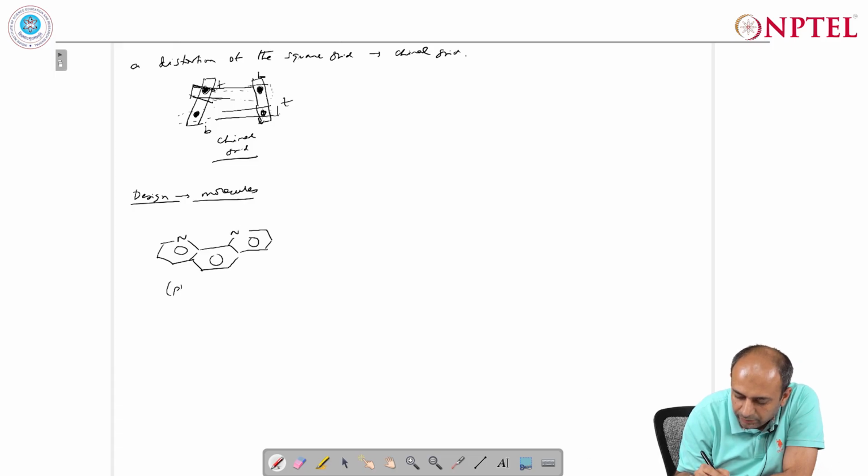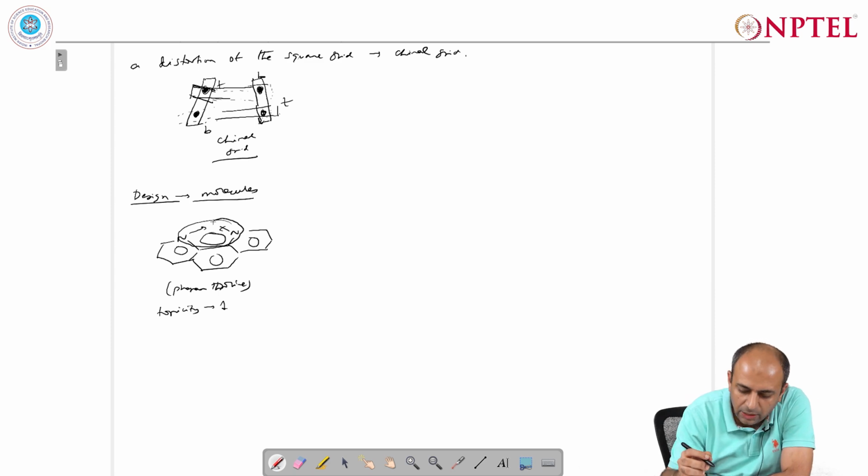this particular ligand which is called phenanthroline, and here you can see that the number of donor atoms, that is the denticity, is 2, but the topicity is only 1. That is, there is only one distinct binding site here. This is the distinct binding site where the 2 nitrogen atoms can bind to a metal, say for example a silver ion. So this is a convergent ligand,